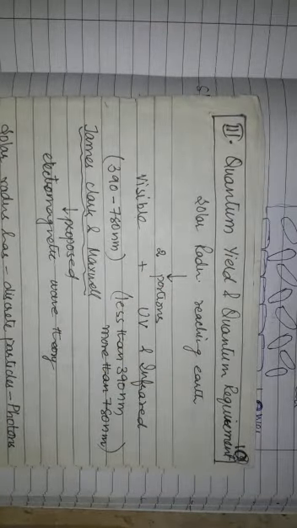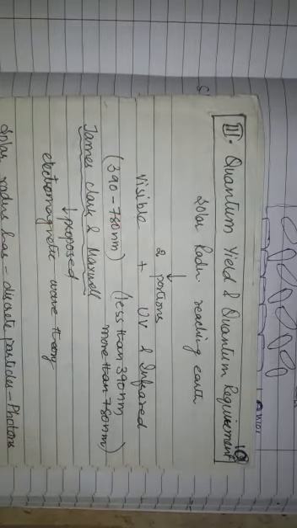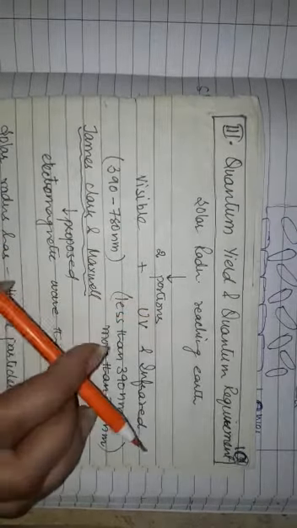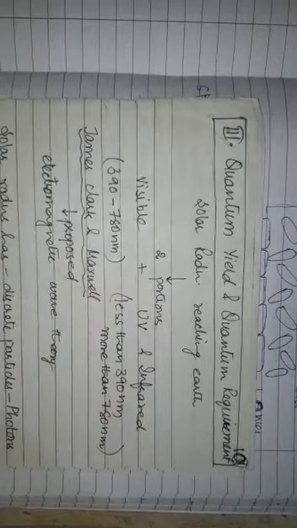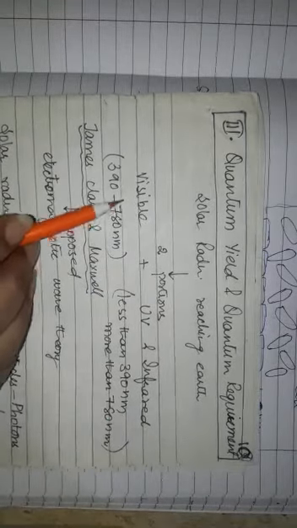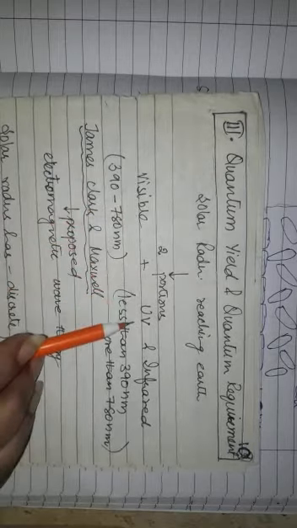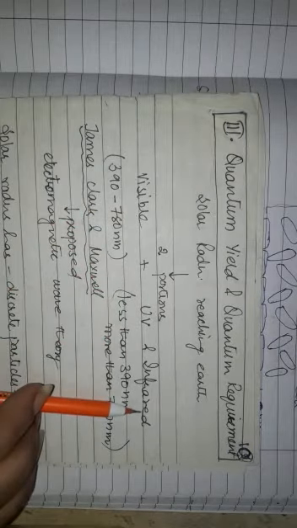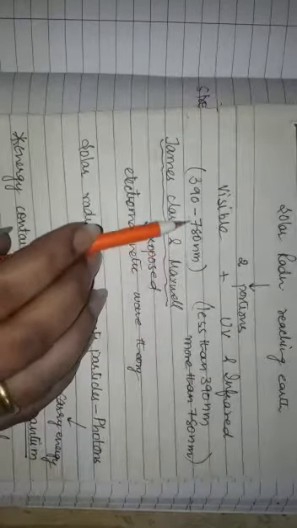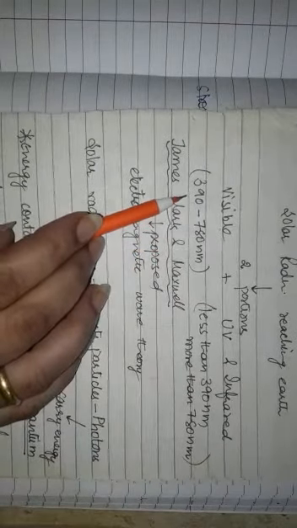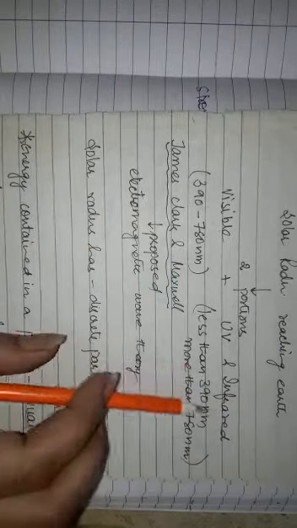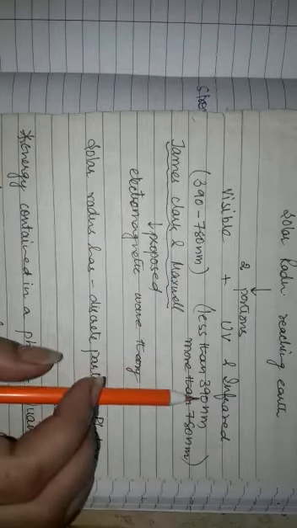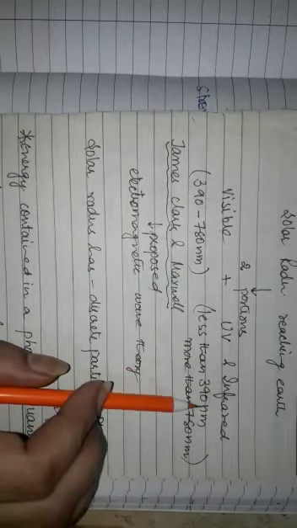We know that solar radiations, when they reach Earth, have two portions. Solar radiations consist of visible radiations, ultraviolet and infrared radiations. Visible radiations have a wavelength of 390 to 780 nanometer, and the radiations whose wavelength is less than 390 nanometer or